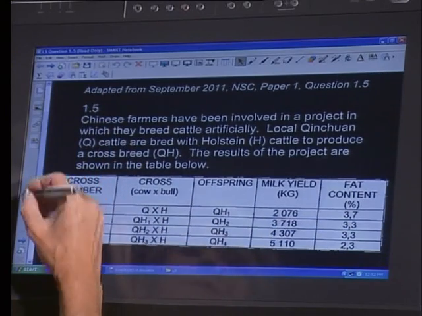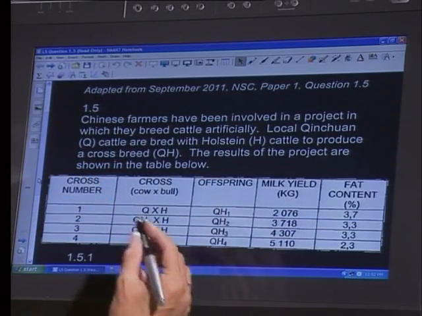Okay, people, we're back again. We have got what looks like a horrendous question here, also on genetics, but we're going to work through it. So whenever you see any kind of question on genetics, just think, let's take it at the beginning and work our way through. All right, so we have a Chinese farmer has been involved in a project in which they